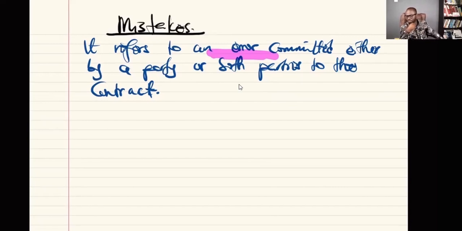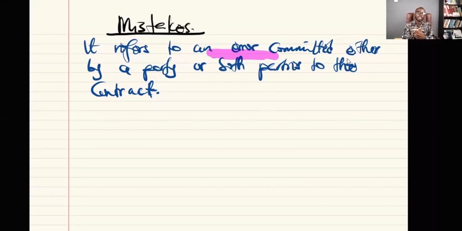Then you bring the money, then I give you my Samsung. Then you're like, what the heck? That's not what you said you were selling. No, I said phone. You should have asked which of the phones I'm selling at the end of the day. So you realize that we have committed an error. We did not understand each other. Whilst in my mind, I'm selling my Samsung because of how excited you are about it. So in your mind, you are thinking about something else, and in my mind, I'm thinking about something else. So that is what you need to understand when we talk about mistakes.